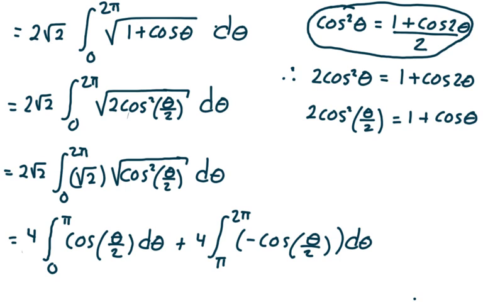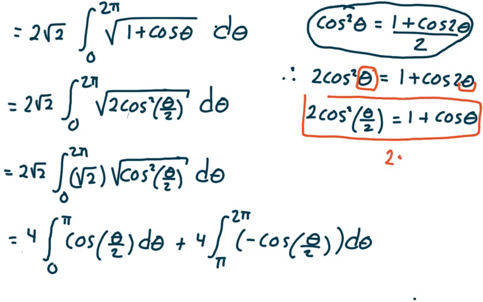So I'm going to take theta, it's right here, and I'm going to replace it with theta over 2. And when I do that, I get 2 cosine squared theta. Let me say it again. I get 2 cosine squared of theta over 2 is equal to 1 plus cosine theta. Because remember, 2 times theta over 2, the 2's cancel, and we get theta. And so